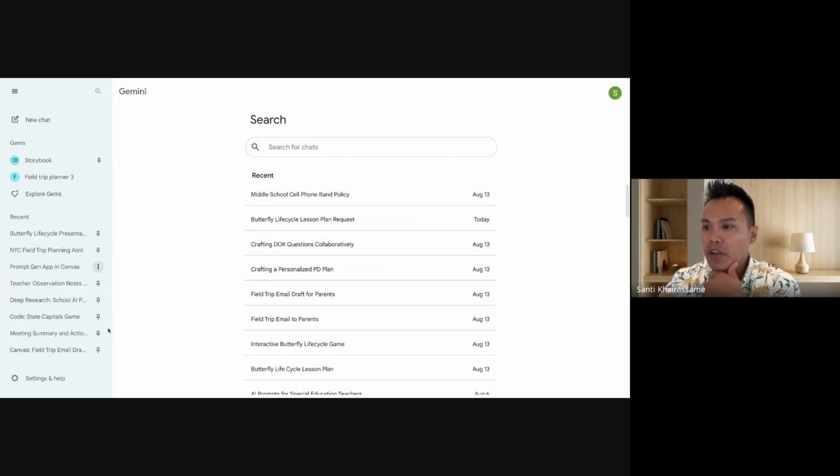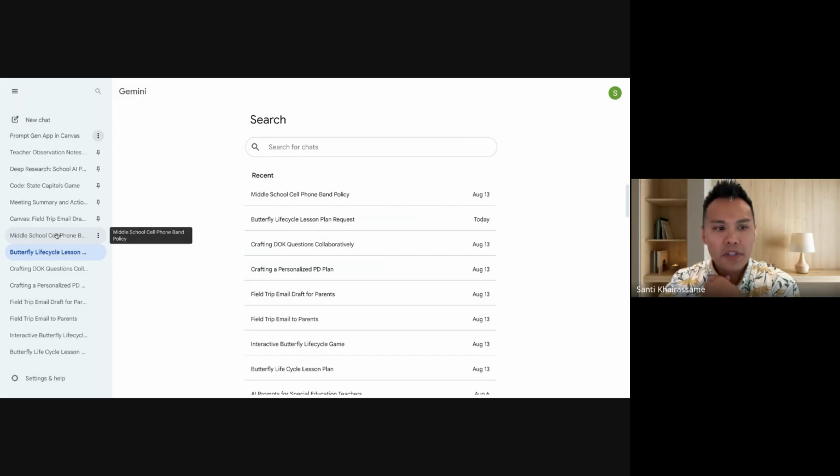And then there's something here. You see how there's a blue dot next to this? So that's a deep research, which I will talk about. I'm going to get to everything in the next 15 minutes, hopefully. But this means that this research is done, and I'll show what that looks like later.